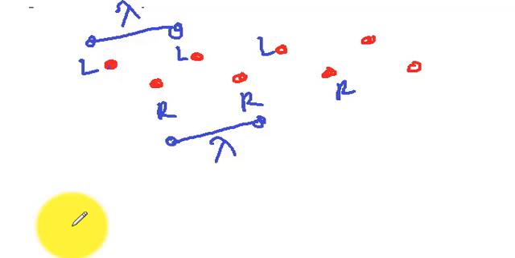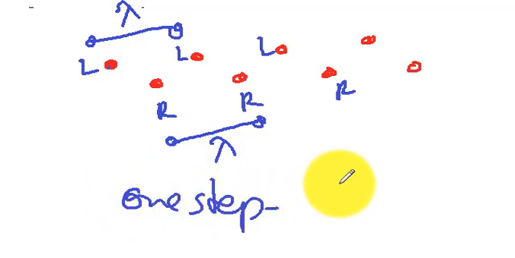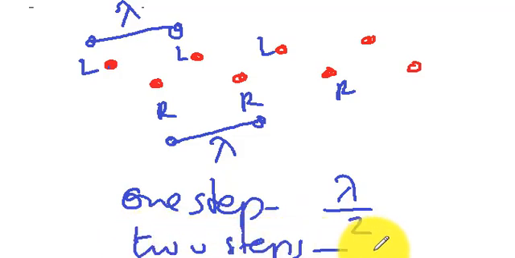If you don't understand, just pause this video, start walking and watch: left, right, left, right. Left to right is half a wavelength. Right to left, next half wavelength. So from left to left it is one wavelength. From right to right it's one wavelength. Or rather, easy to memorize like this: you take one step, that is half of the wavelength. You take two steps, that is one wavelength. Is that okay? If this much is okay, we can proceed a little more.